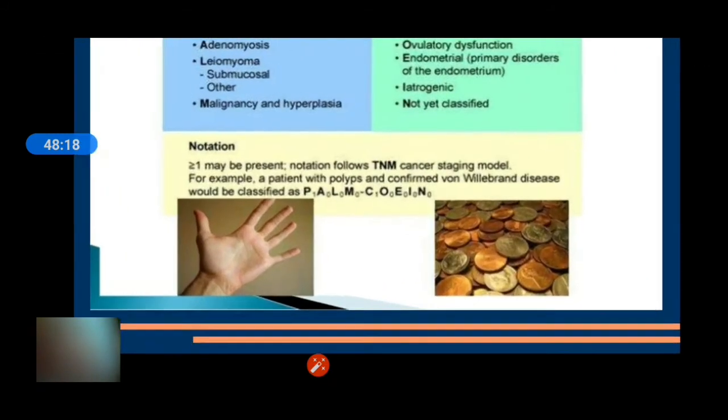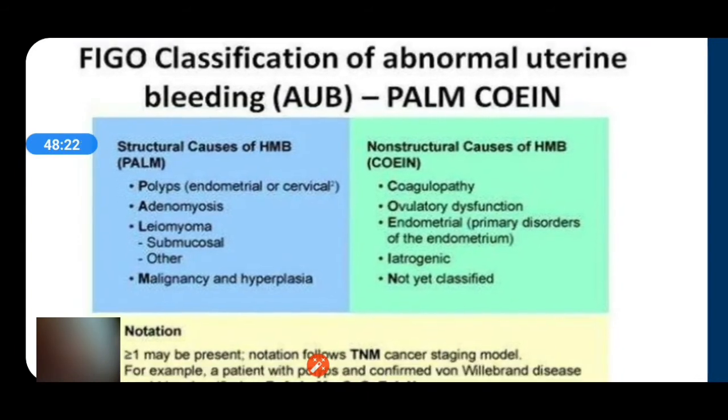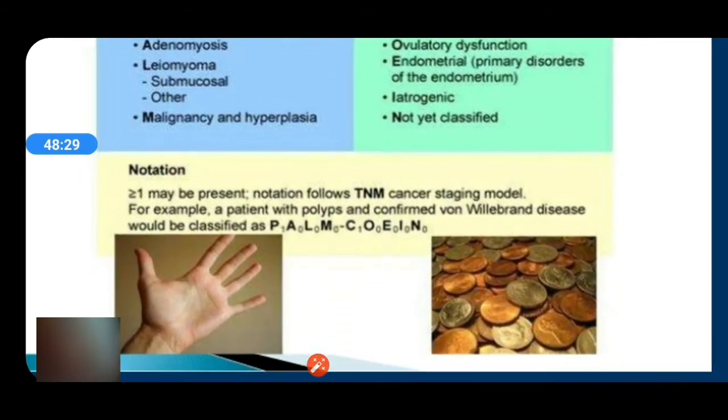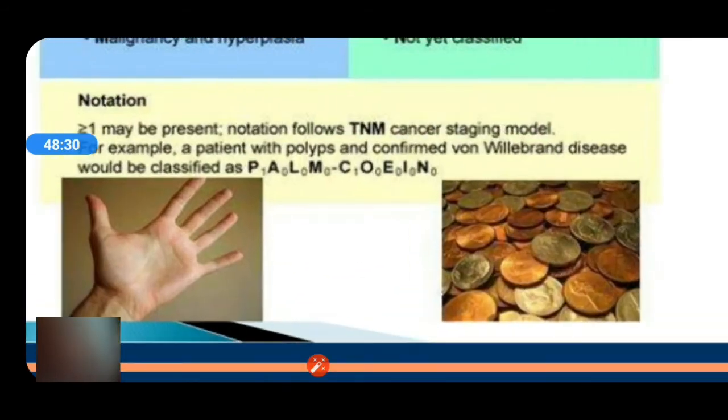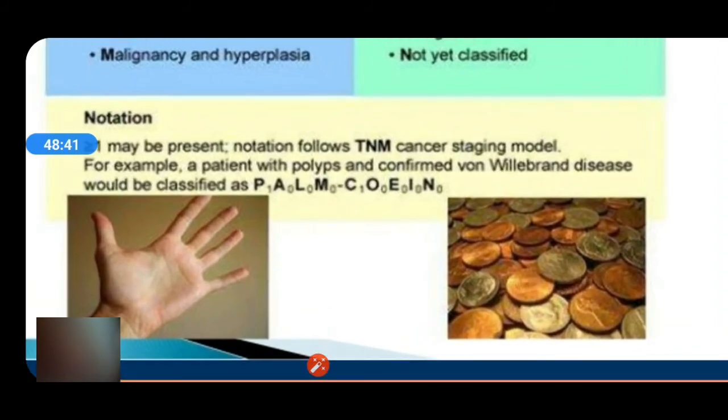Here you can see the FIGO classification of abnormal uterine bleeding, AUB: PALM-COEIN, structural causes and non-structural causes. You can also denote this with a formula, PALM-COEIN 10. And if more than two causes are there, for example, a patient with polyps and confirmed von